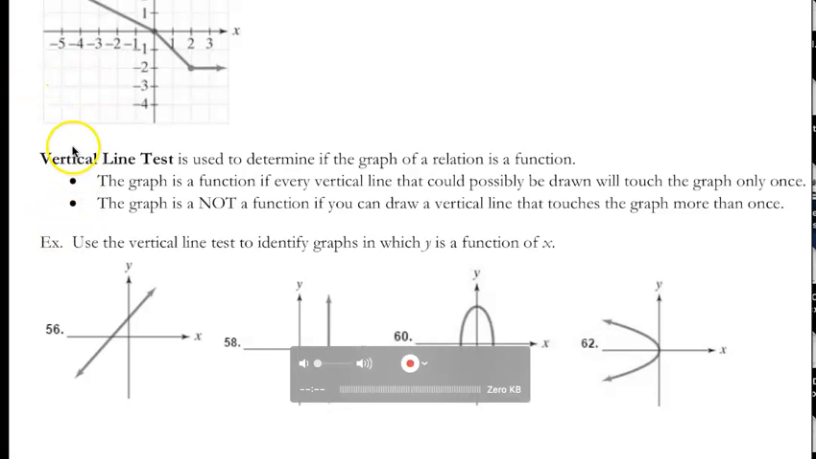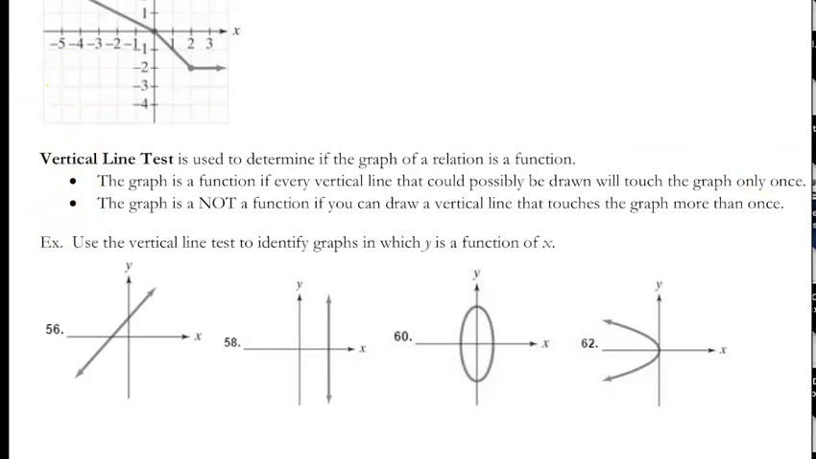Whenever we're trying to determine whether or not something's a function, we have to look at the vertical line test. Our vertical line test is what we use when we have graphs. So if instead of having points or having equations, we have graphs, what we use is the vertical line test. And for the vertical line test, we're going to do what its name says, and we're going to draw a